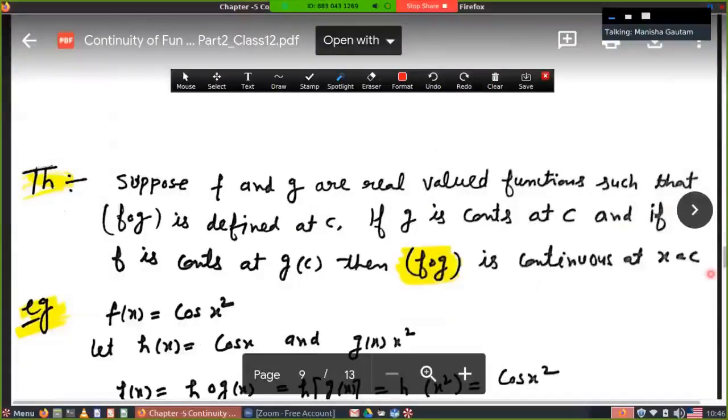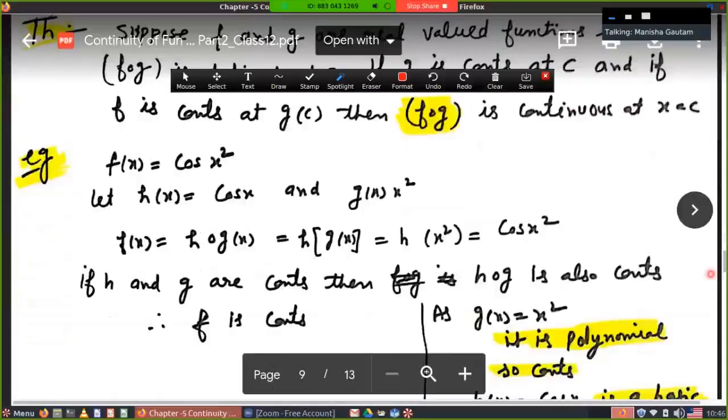Apply this theorem on the question. Suppose the function is given, f(x) equal to cos of x square. Split this function into two functions. Suppose h(x) is equal to cos x and g(x) is equal to